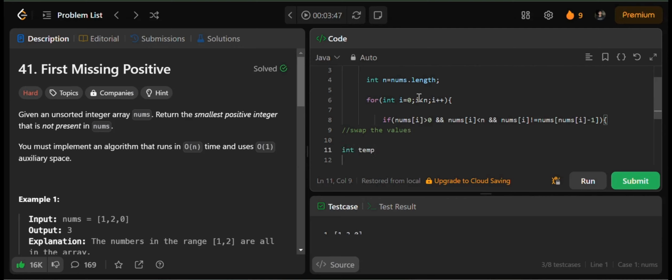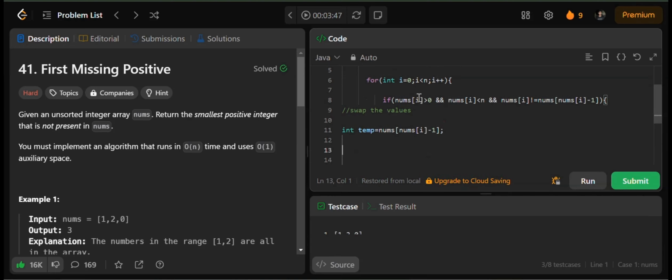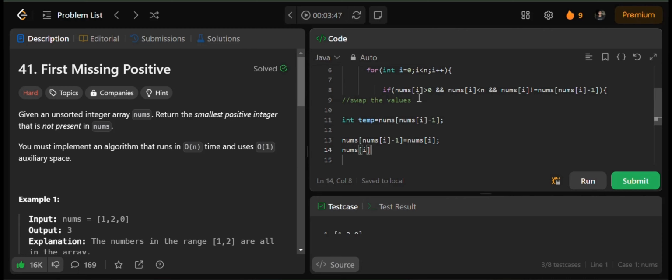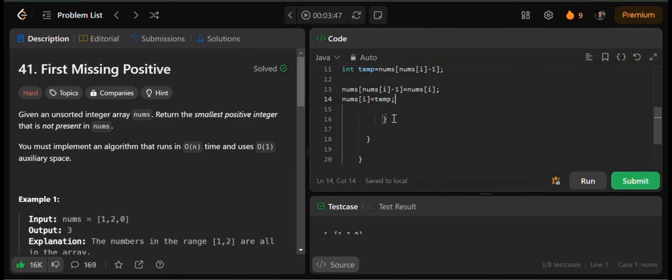First I store the value which is at index nums[i] - 1 in a temp variable. Then I set nums[i] - 1 to nums[i], and at last I set nums[i] equal to temp. That means I have swapped, but